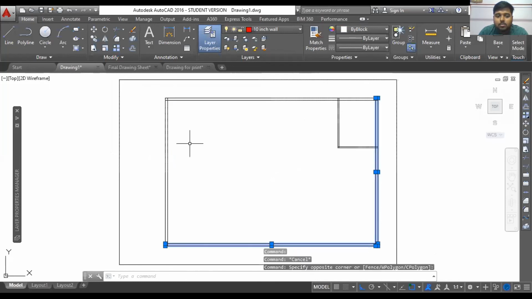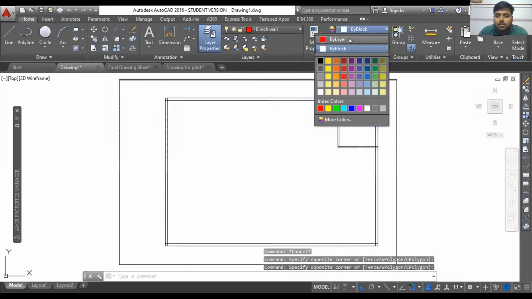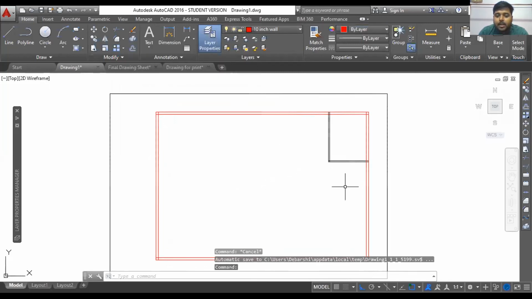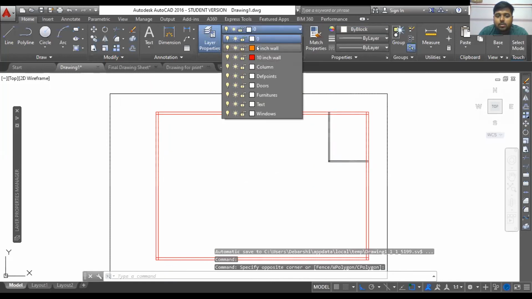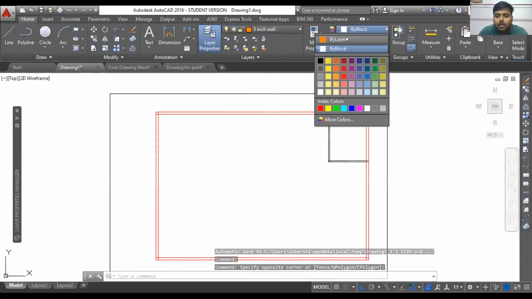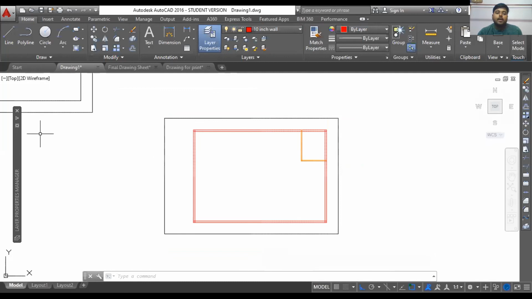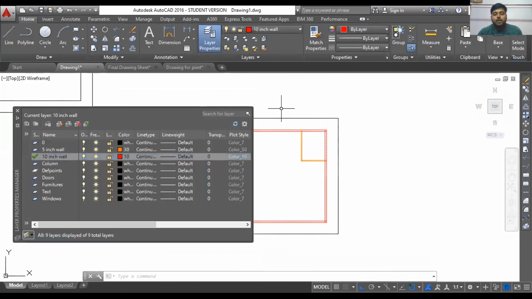Also you need to select ByLayer, so it will show the color of that particular layer. Then I can add this to the 5-inch wall. So you need to do all these things within the layers, and you can do it after drafting also.